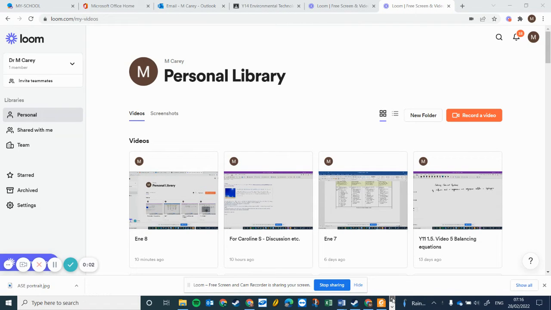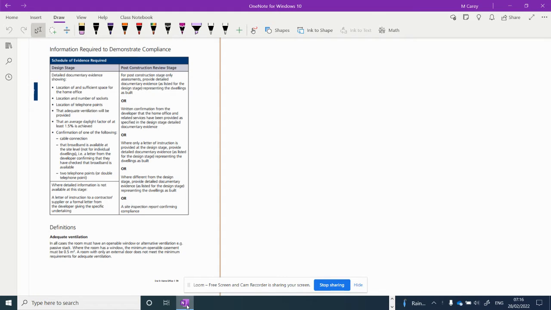So this is for E9. If I can find my... Okay, E9 I think might be my favorite E because it allows you, I think, a little bit of scope